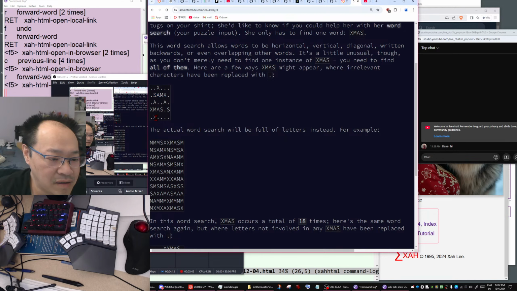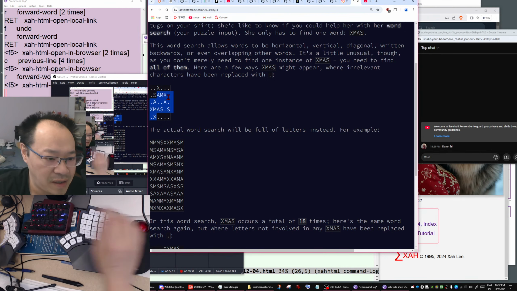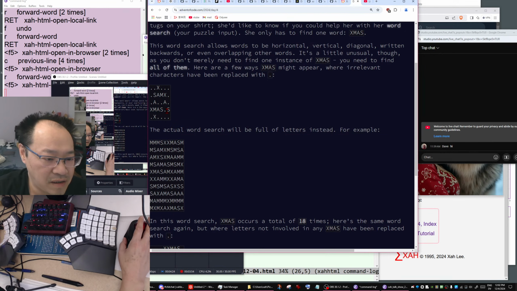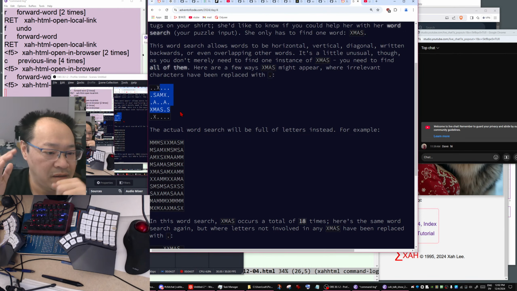Here is a vertical one, XMAS, reverse vertical, reverse right to left, bottom to top, and here is left to right, and here is upper left to lower right, diagonal, XMAS.